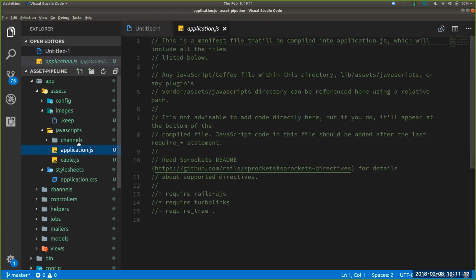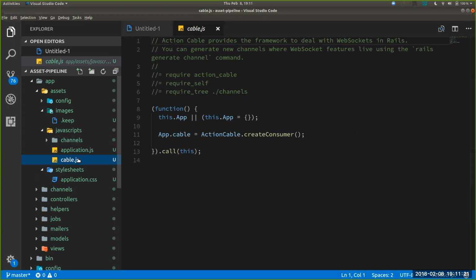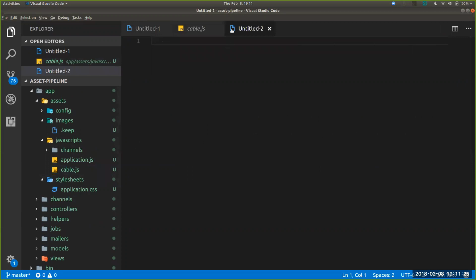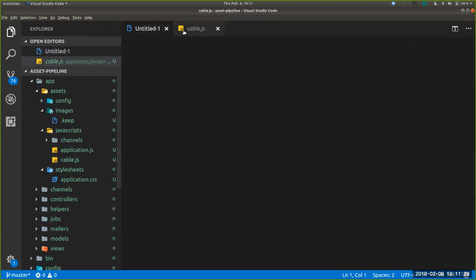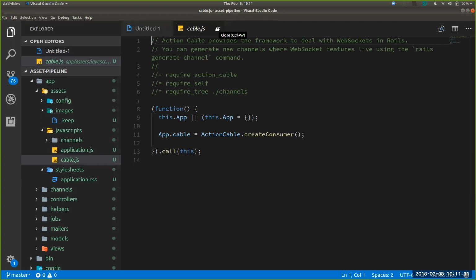We have this application.js and this cable.js. Now, when we load this,